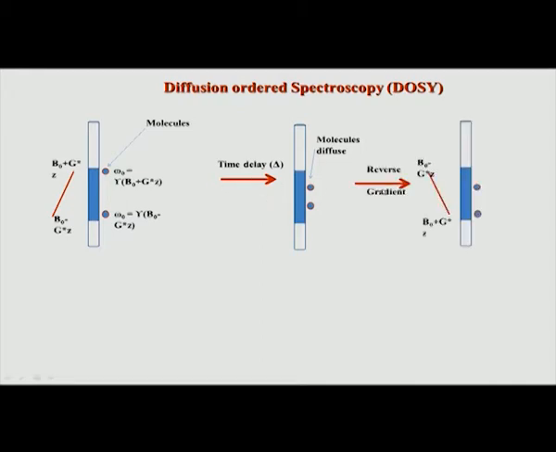Now we do allow some delay. After this delay we apply this reverse gradient. Okay, so what do you expect? You expect that if I apply a forward gradient, that is the normal gradient, and then a reverse gradient, I should get back the original complete signal. But that will not happen because of this delay here. Because of the delay the magnetizations have lost their original position. Remember, this dephasing and rephasing works only if they have not moved at all.